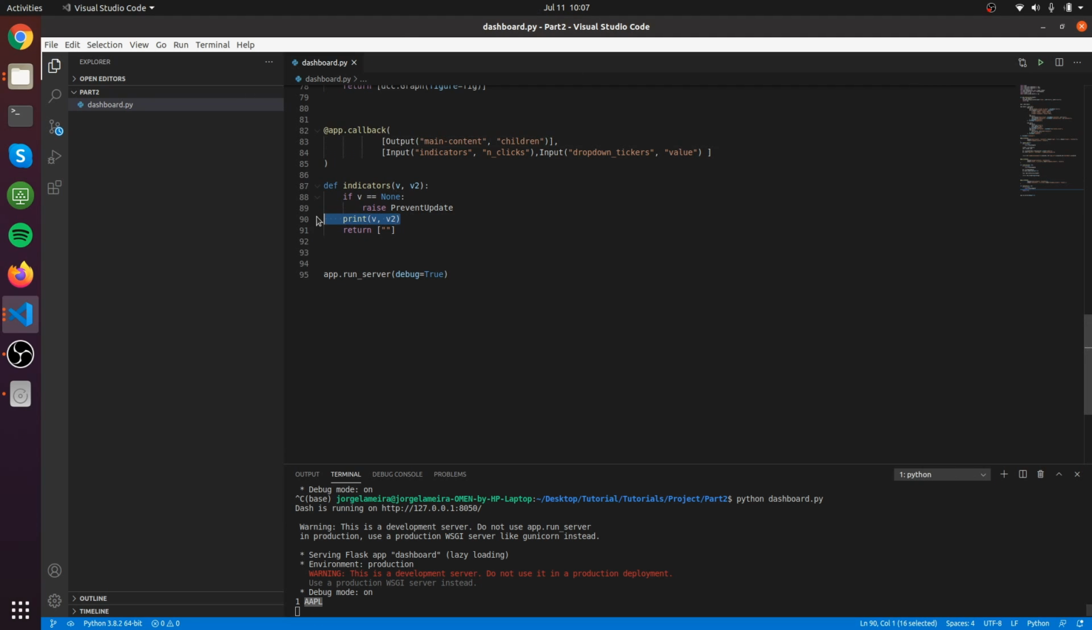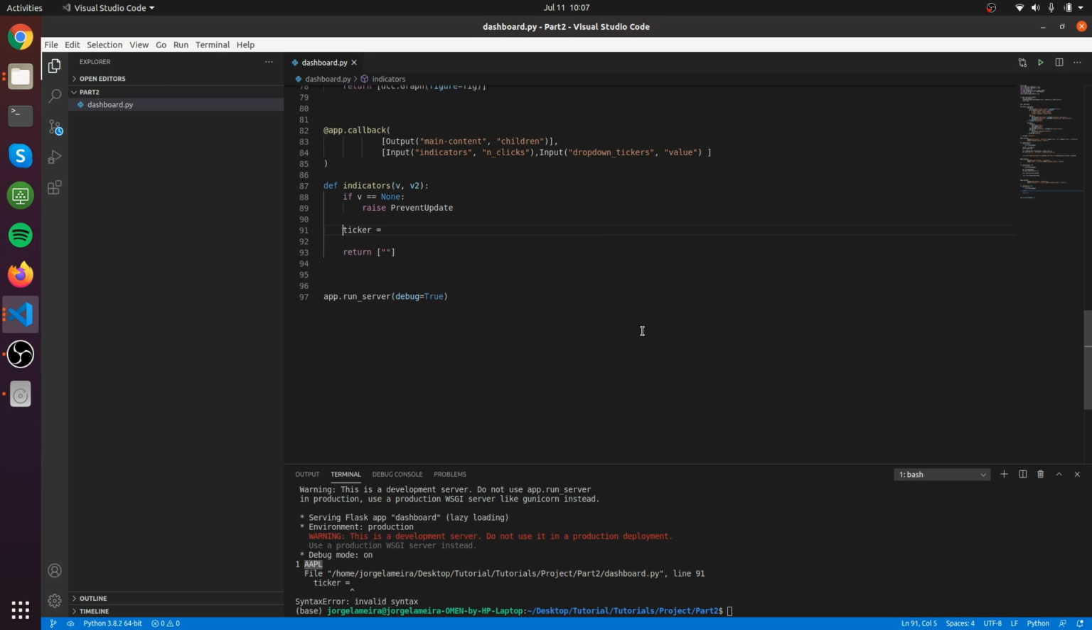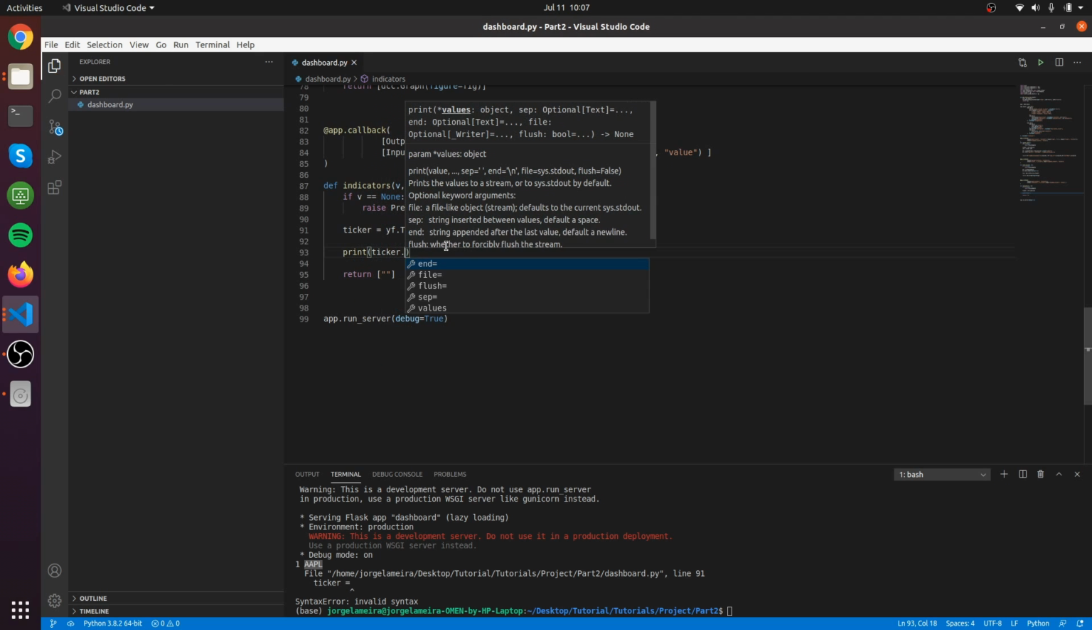So let's start by gathering the data from the API again. And this time we want to take something different. We want to take the ticker information, and let's write ticker, and from the ticker we write yf.Ticker, and let's pass the value from the ticker that we get from the drop-down list. So, and from this ticker we want to take the method info. Okay, so if we print it down, so ticker.info,